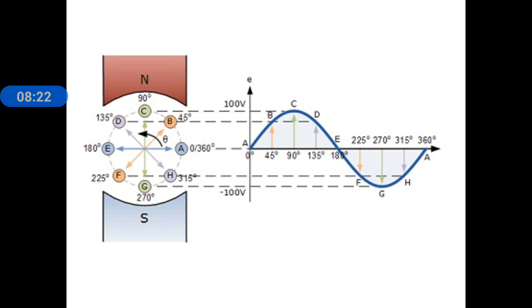So the waveform shape from 0 to 180 degrees and from 180 to 360 degrees is the same. The positive half cycle values are exactly equal to the negative values, but in the opposite direction. So the positive part and the negative part together are called a sine wave. However much positive value we get, the same negative values are obtained in the opposite direction. The shape of the positive side and the shape of the negative side are identical.